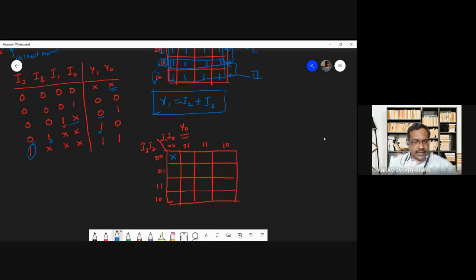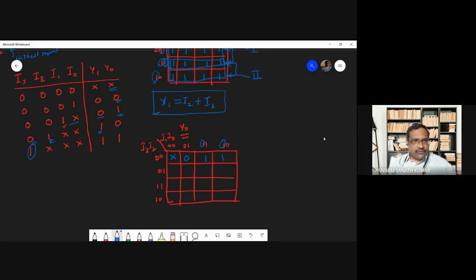Okay. And next 0 0 0 1, you are getting the output 0. Okay. And next 0 0 1. So here I1 is 1. See here, I1 is 1. So these are the two cells related to I1 equal to 1. So that means what you are getting, 1, 1. Okay. So here you are getting 1, 1. And next, I1 equal to 1 you got. Okay. So this one is completed.